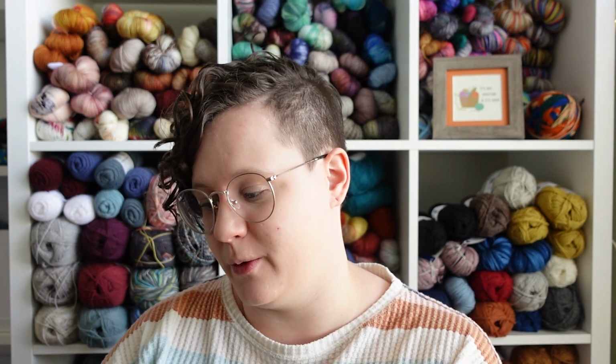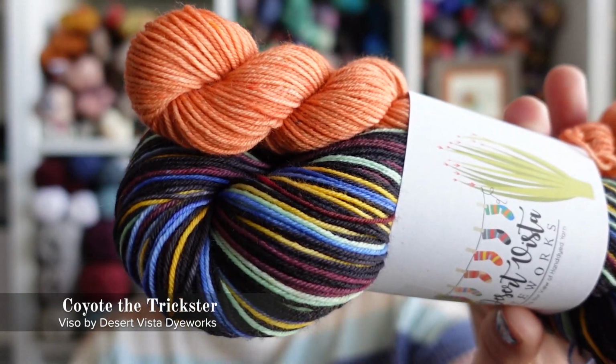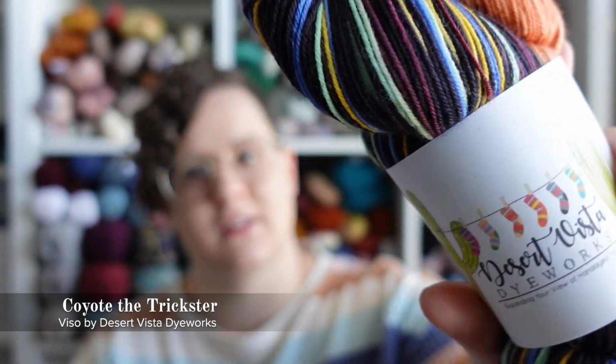But in addition to that coming, I also placed an order in January for some more of her yarn to have. I really liked the January new colors that came out last month, so I ordered a couple of those. I ordered the Coyote, the Trickster color, which I'm just...